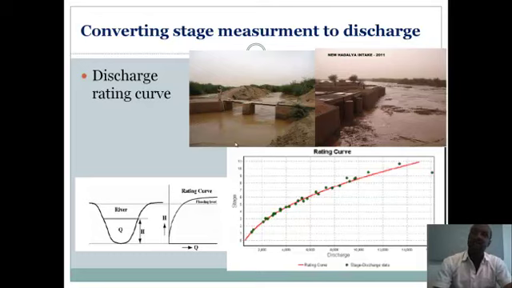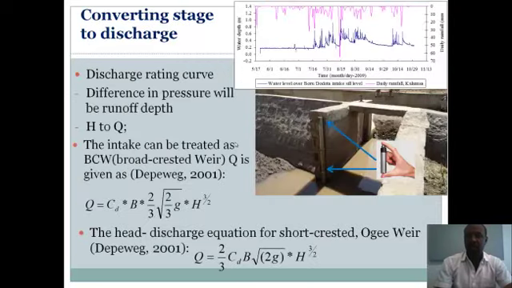And they just take the average of these, and they already have the velocity that they have measured with floating, and then with the simple formula that we know, discharge is the cross-sectional area times the velocity. This is still possible, and this is actually how flow depth is changed into discharge.